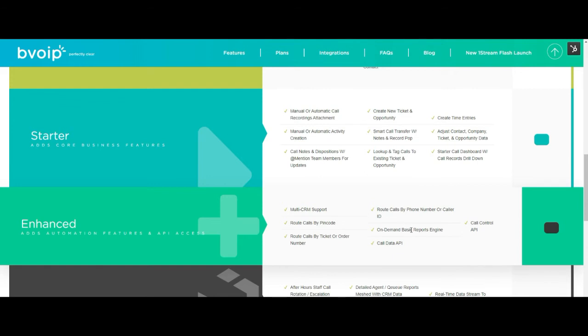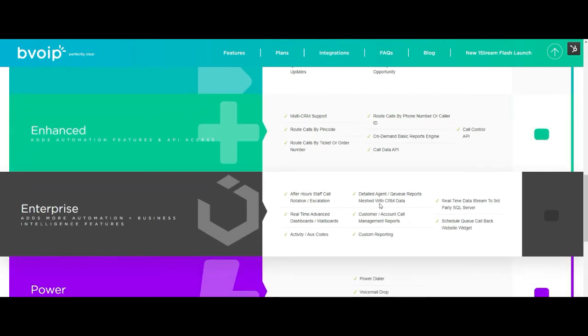There's also, in this tier, we give you additional reporting functionality. And then lastly, call control and call data API, which, again, if you're building tie-ins into your own apps, I think are super helpful. Under our enterprise tier, and some of this is more visual, this is where we get into some of the more big box call center-ish business type features. Wallboards, dashboards, auxiliary codes, more reporting, but of a mesh variety between the phone system and your line of business app. And a bunch of other kind of cool widgets that we've put together, right?